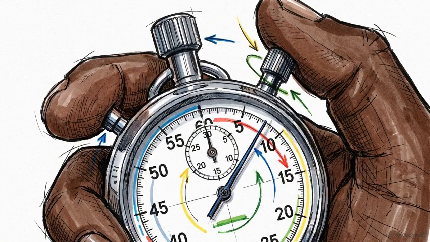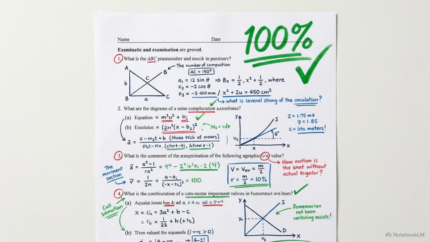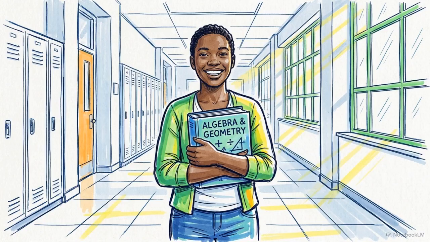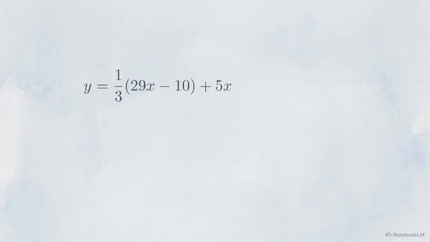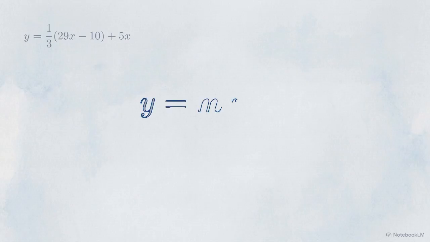Later in this lesson, I will also show you a shortcut that brings your solve time for questions like this down to under 10 seconds. Mastering this specific equation type is a guaranteed way to secure easy marks and build your momentum for the rest of your WAEC exam. To find the gradient, we need to make our equation look like this standard blueprint: y